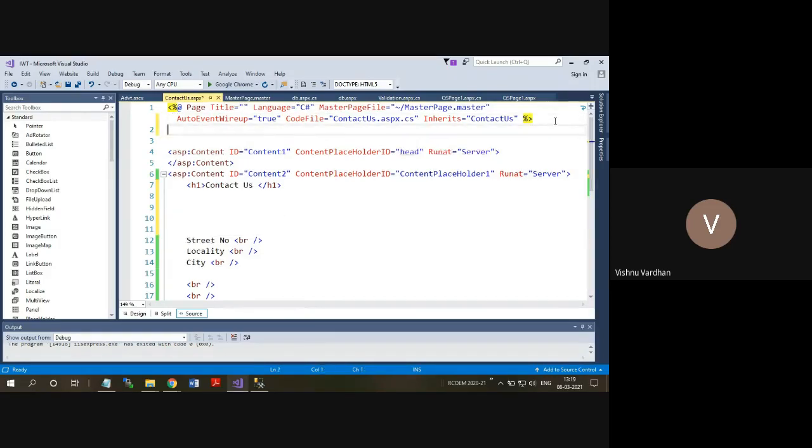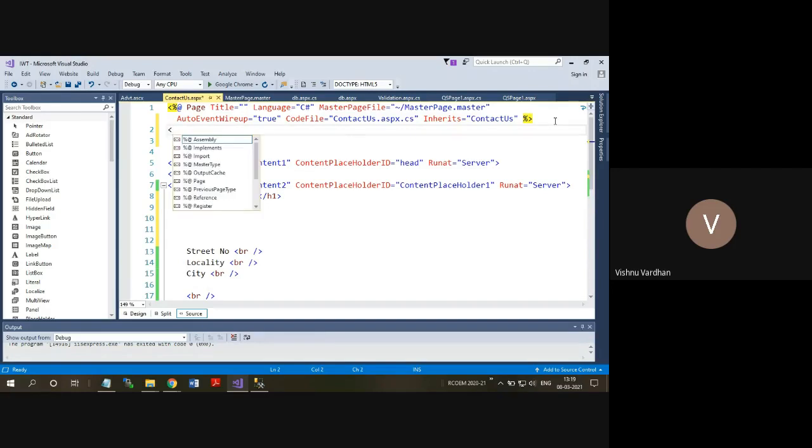First of all, you have to register that control. Go to the page directive section, and here you can see there is a register directive, and in that register directive there is a source. Source is equal to, see, automatically all the user controls whichever you have created, there can be n number of user controls, all will be listed, but right now we have only a single user control. So the source will be this.